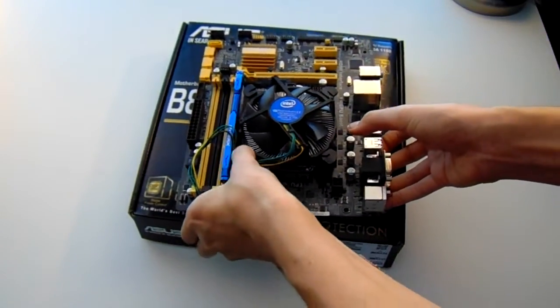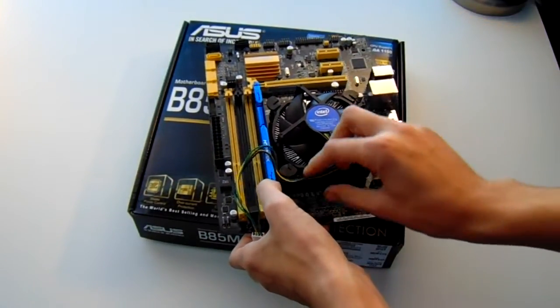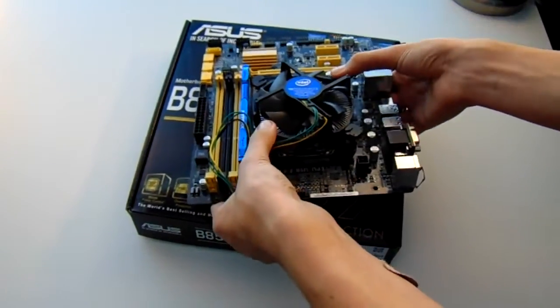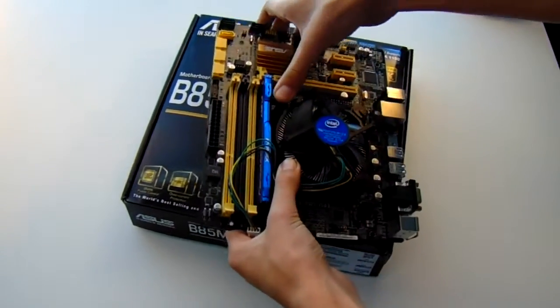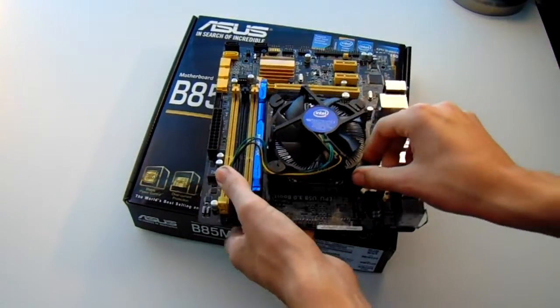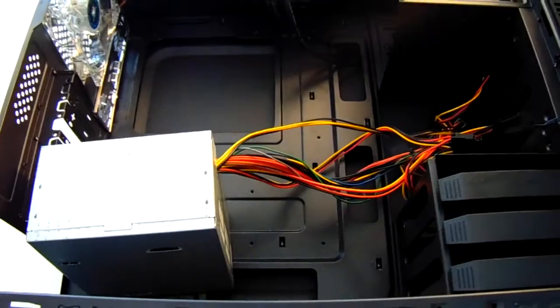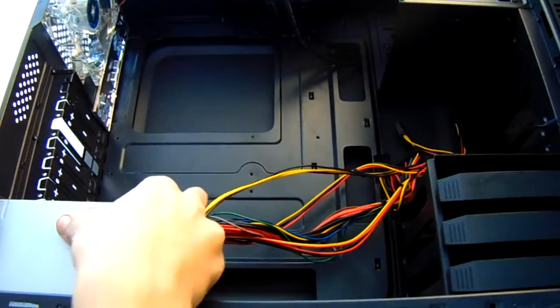There are 4 pins around the circumference of the fan. Once you are sure that the cooler is firm and secure, you can now route the cooler wire to the fan header. Now, you can install a power supply for your computer by aligning where you want your wiring to go,